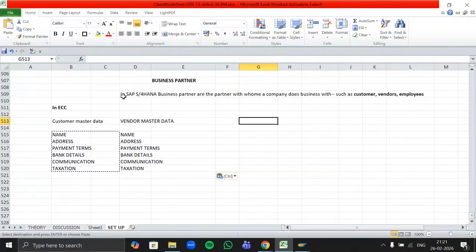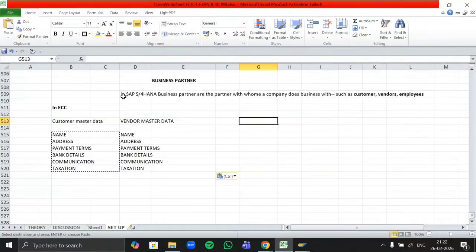Now let's say your employee is submitting a travel claim of, let's say, rupees 10,000, right? So an accounting entry will be generated from the FI perspective. Expense account debit to employee payable, because we have to reimburse that travel expense to our employee's account, the 10,000. So here the employee will be treated as a vendor for payment purposes.